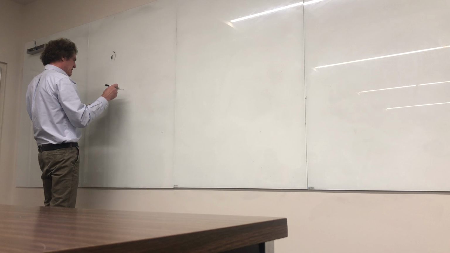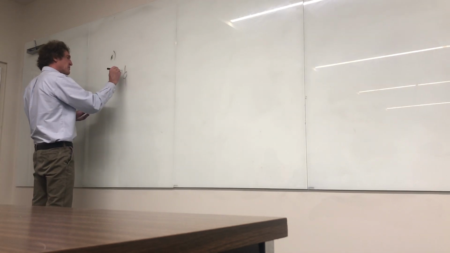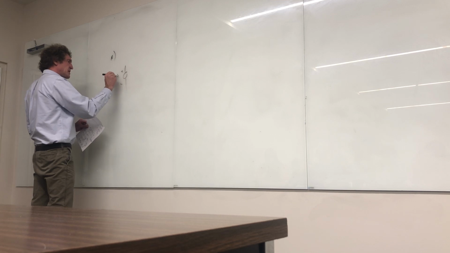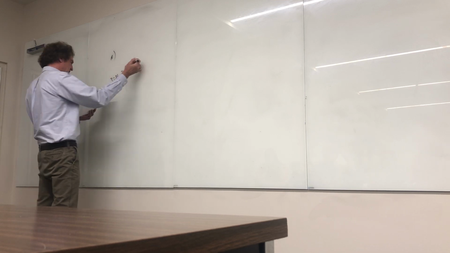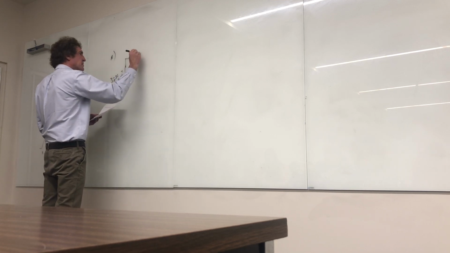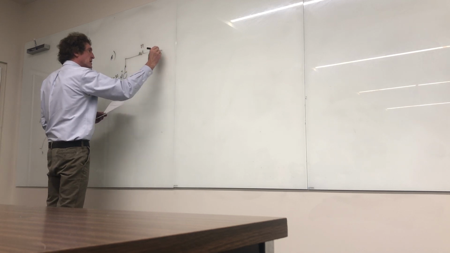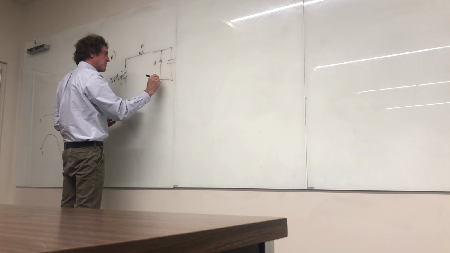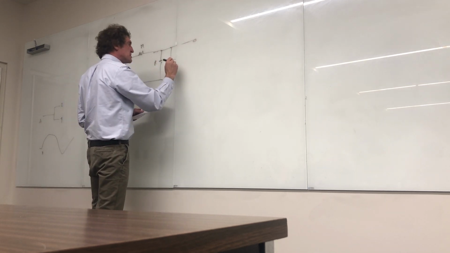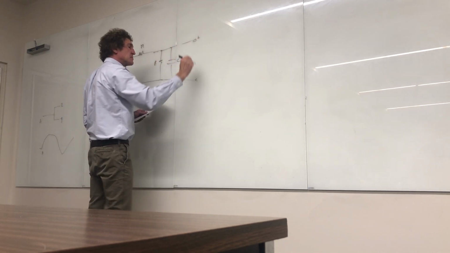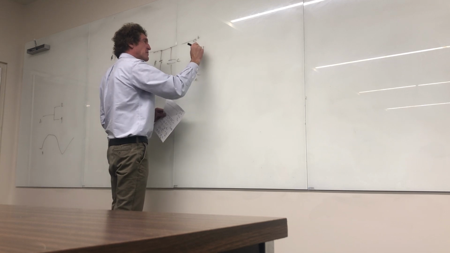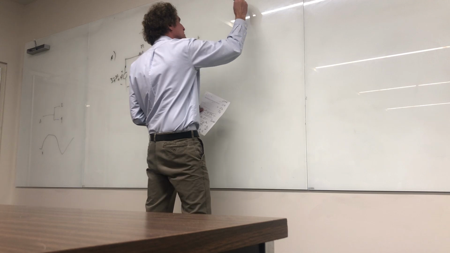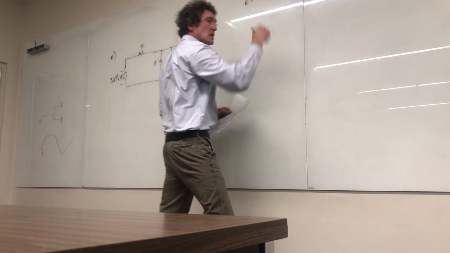And I had a source here of plus or minus 3 e to the minus 3t u of t. And then I had a resistor here, R. And then I had a resistor R here and a capacitor here. And I wanted the voltage here, plus minus, I called it y of t. And the values of R and C were 2. So for this one,